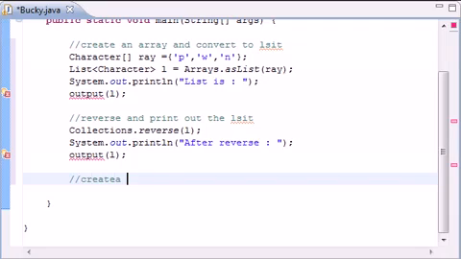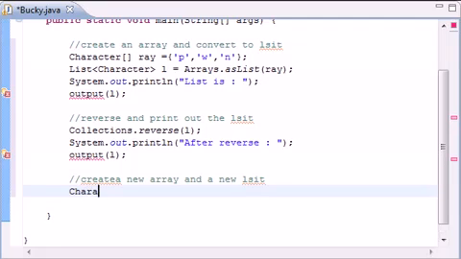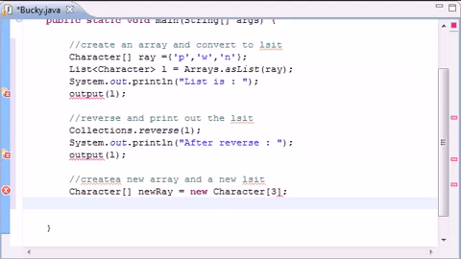So we're going to create a new array and a new list. For the array, just name it character, I'll name it new array, and set it equal to new character, and for your parameters put 3 since there's 3 characters we're going to be passing in. So list, and of course we're creating it the same as before, character data, and I will name it list copy. How original is that? So I'll set this equal to array